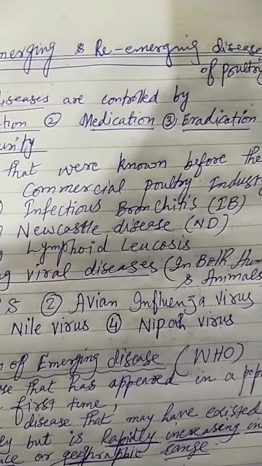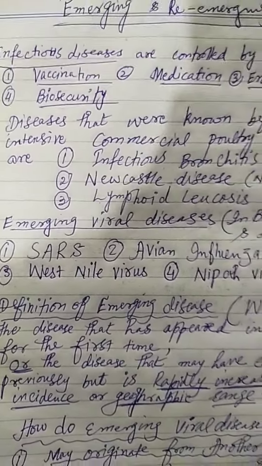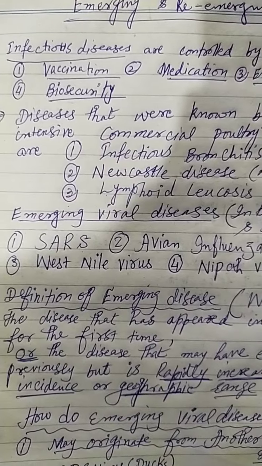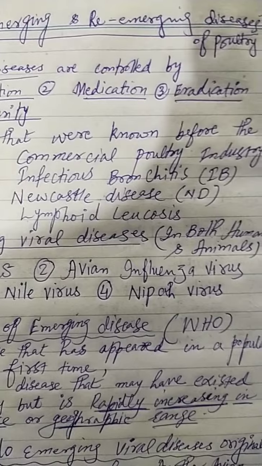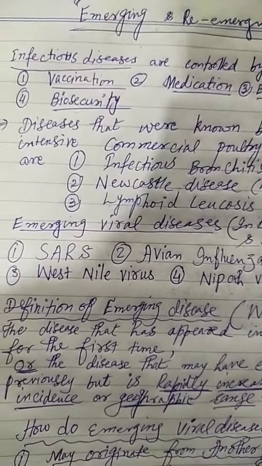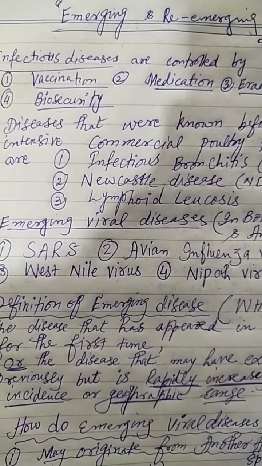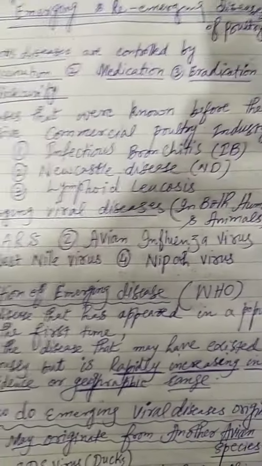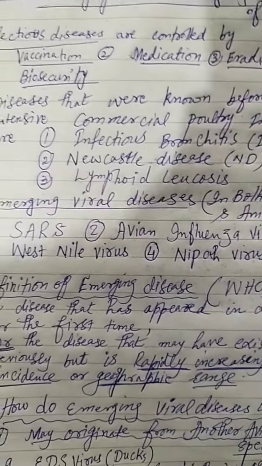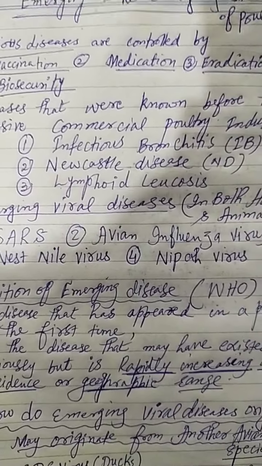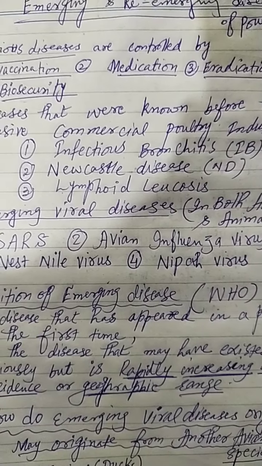Emerging and re-emerging diseases of poultry. Infectious diseases are controlled by four methods. Number 1, vaccination. Number 2, medication. Number 3, eradication. Number 4, biosecurity. And the diseases that were known before the intensive commercial poultry industry were infectious bronchitis, IB, Newcastle disease, ND,